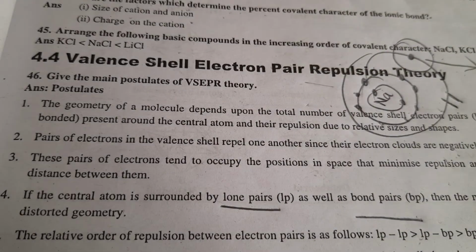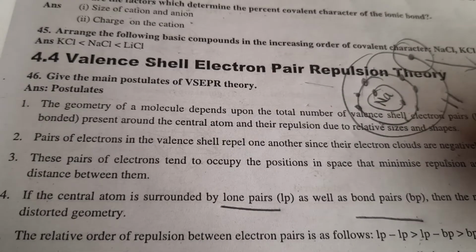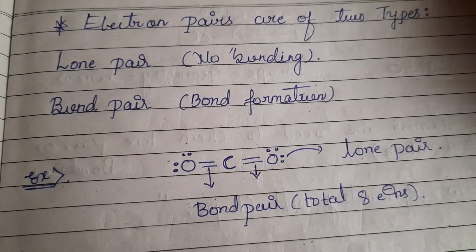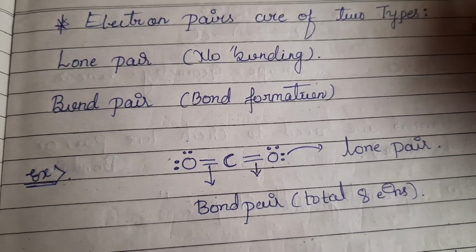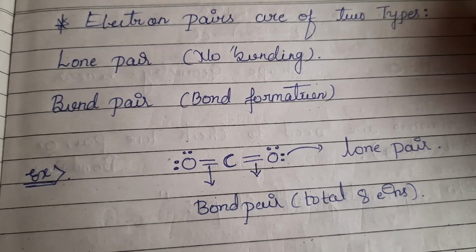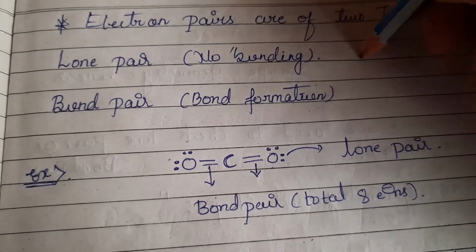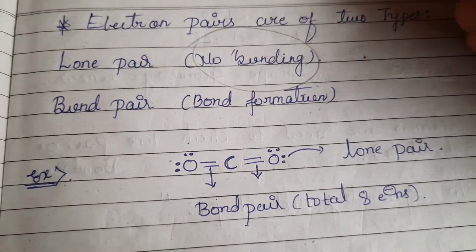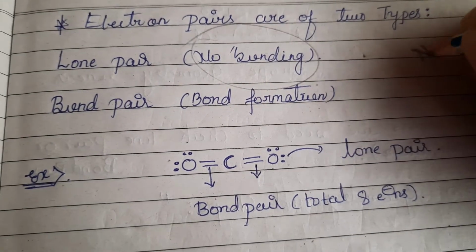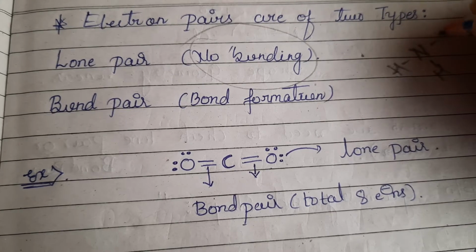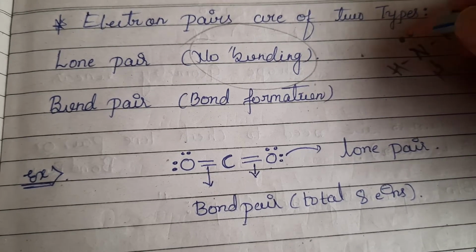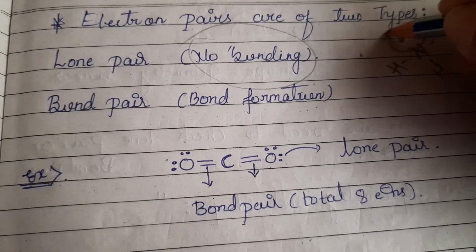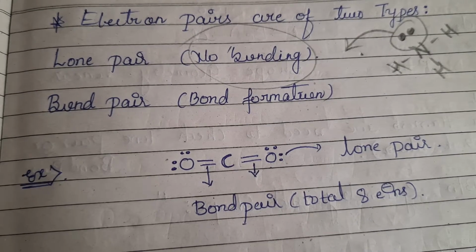I will consider examples one by one and explain each and every point with them. Okay dear students, before we start the VSEPR theory's postulates, first and foremost we need to understand the lone pair and bond pair. I have written here some points to make things clear. A lone pair is nothing but electrons which are not involved in bonding. Say for example, you have the ammonia molecule NH3. On nitrogen, we have one lone pair of electrons, which does not involve in bonding. These are said to be non-bonding electrons or lone pair of electrons.